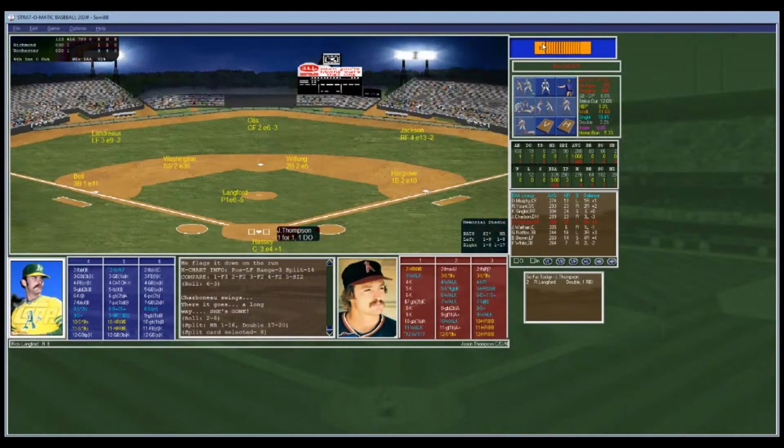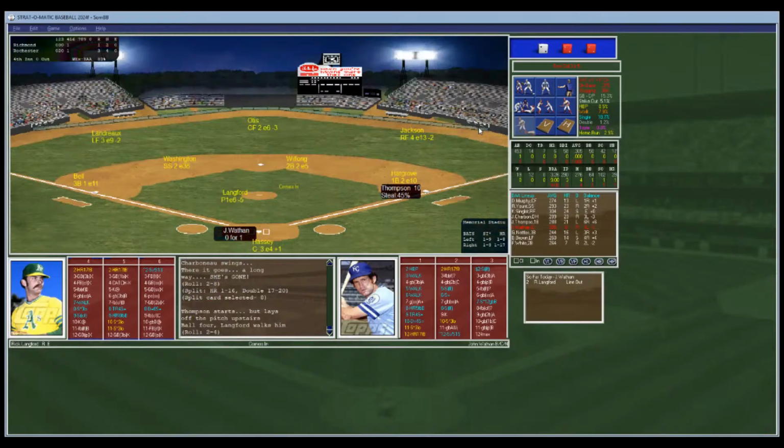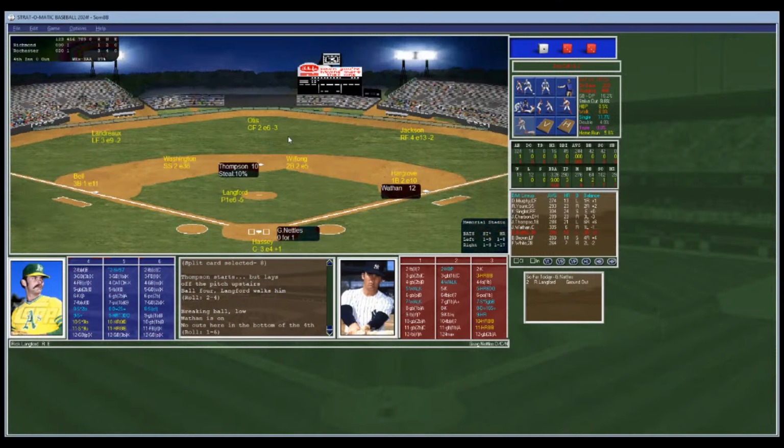So now Thompson, the batter. Langford looks in. Here's the pitch to Jason Thompson, and he walks. So Langford now a little struggling here in the fourth. They gave him a lead. They gave him a run back, and all of a sudden he's giving up a long ball to Charbonneau and a walk to Thompson. So now here's John Wathan. Langford from the stretch. Pitch to Wathan. That'll be a walk to Wathan. So Langford has lost the plate early on in the fourth.